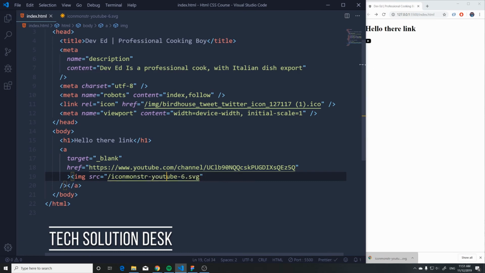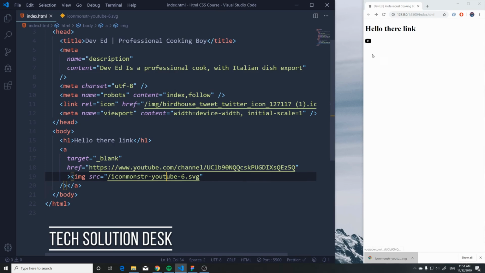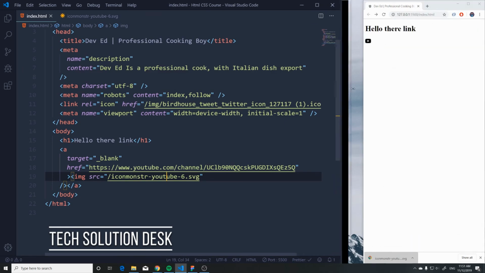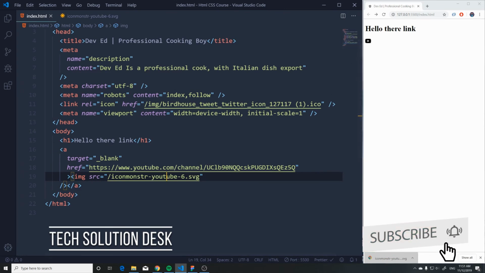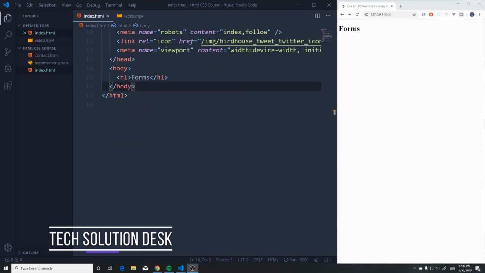And as you can see, we have the button now as a logo. So when we click on this, it still works the same way, but you can also have images, PNGs, JPEGs, whatever you want here to show up as a link. So there we go. Next up, let's cover the forms, and we will actually be using one form on our